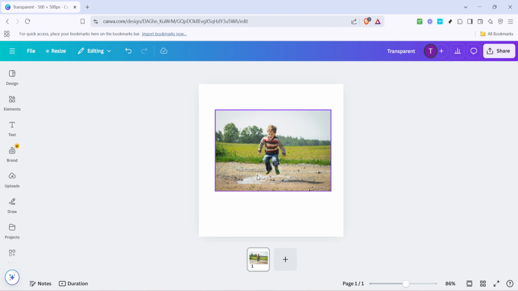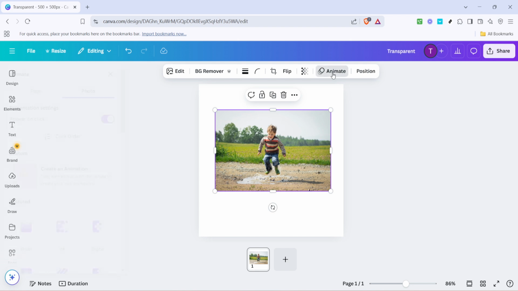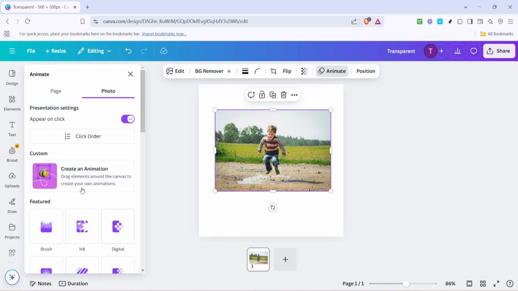Now, keep in mind that the type of animations available may differ between text elements and images, so choosing the appropriate animation style that fits the character of your design is key. Once you've selected your element, take a look above at the top of the interface, where you should find the Animate button. Clicking on this will open a new side panel containing a variety of animation options specifically tailored for